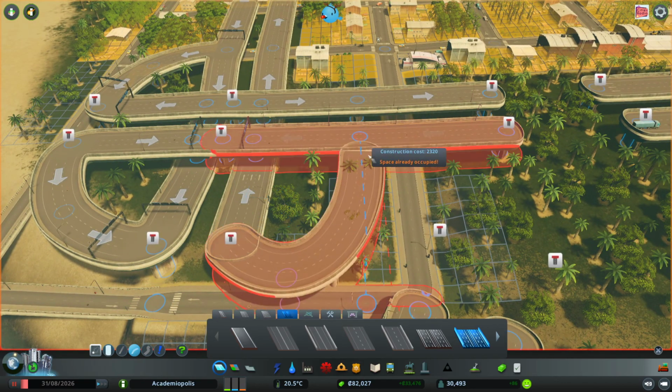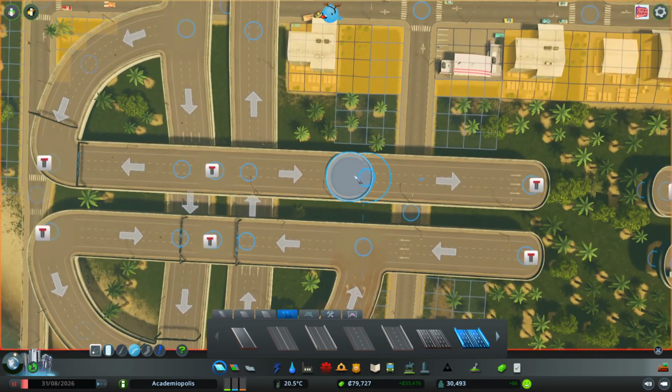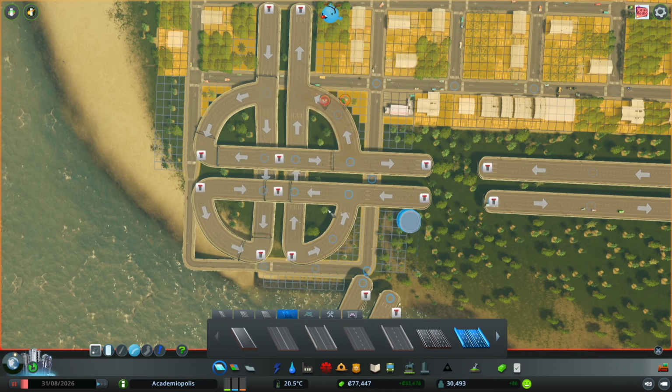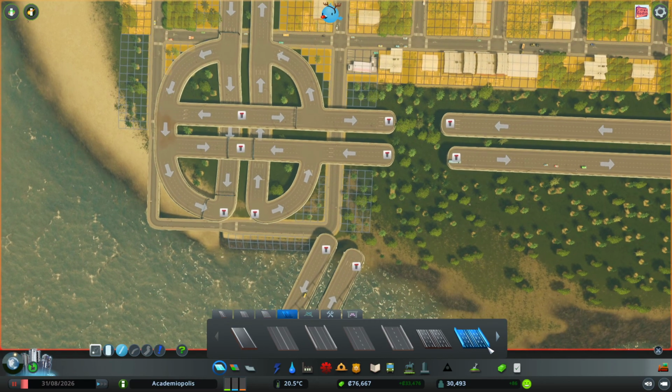Now do we curve into this? Yes. Okay. There we go. I just had it out one too far. Perfect. And now we can go ahead and create this turnaround. Excellent. And we can build this going this direction, and